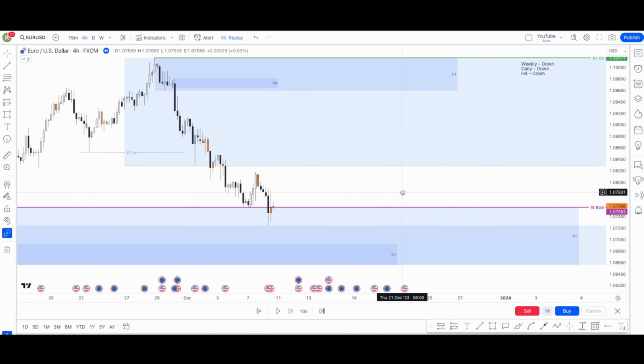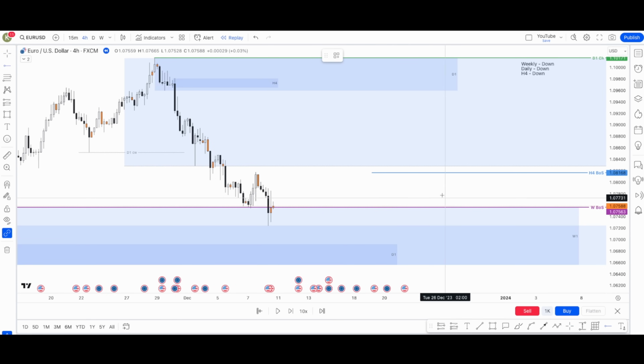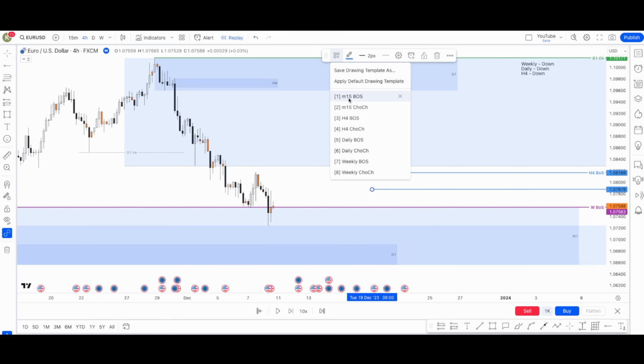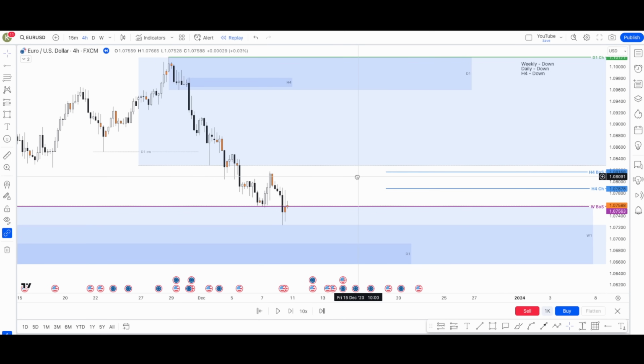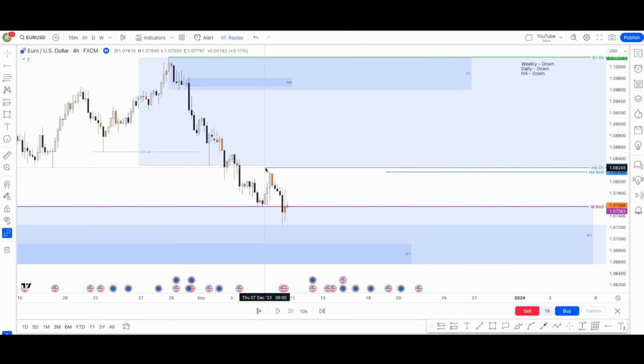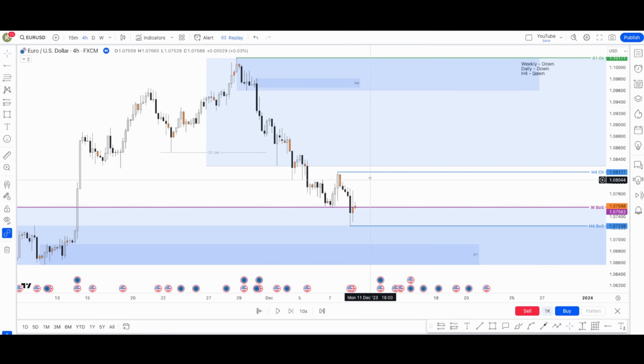Right, time to start marking things up and using these things. All right, so I'm just going to get H4 BOS and H4 CHoCH. I tend not to use these in my live trading anymore because they just kind of get in the way. I just put them as markers for people. But if we're going to get H4 CHoCH, which means our trend direction, we need to get a break of that. And if we're going to get a continuation, we need to get a break of that. All right, so we want to see price go up, break above here, and then work its way down